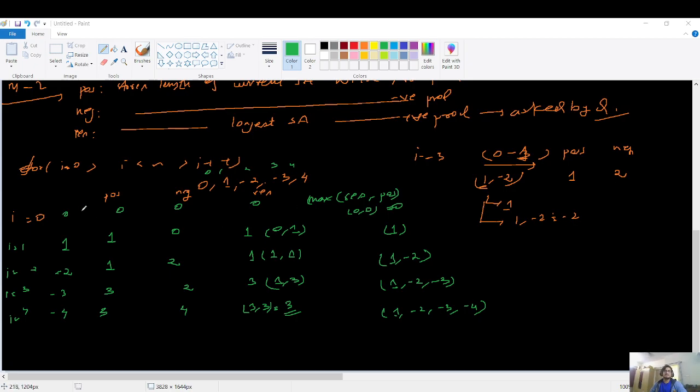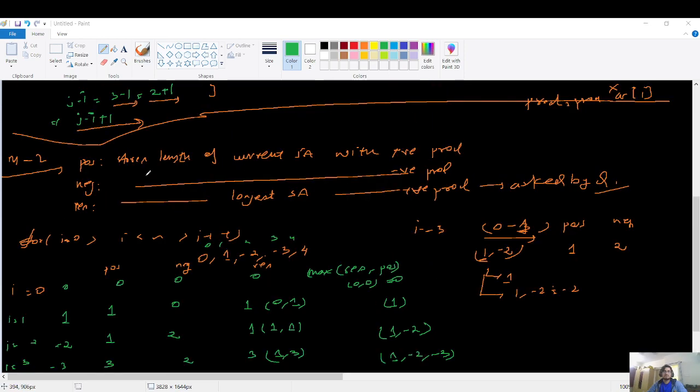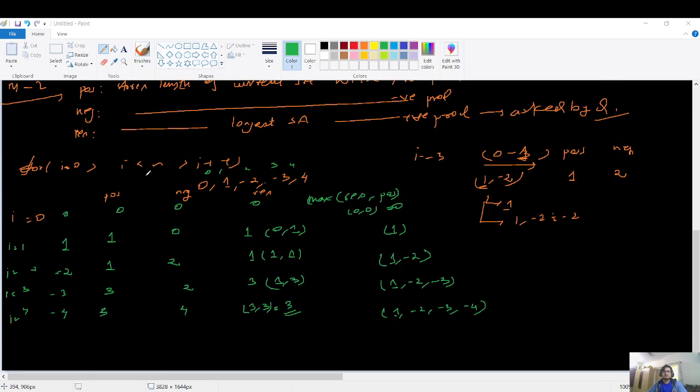So what I'm doing is that I'm traversing for each and every ith index here, right? And I'm just maintaining three variables: positive, which implies the length of the current subarray with the positive product, negative, the length of the current subarray with the negative product, and the result for the longest subarray with the positive product, right? So for i equals 0, 1, 2, 3, 4, I have made three columns here: one for the positive, one for the negative, and one for the result. Result is nothing but the maximum of result and positive,